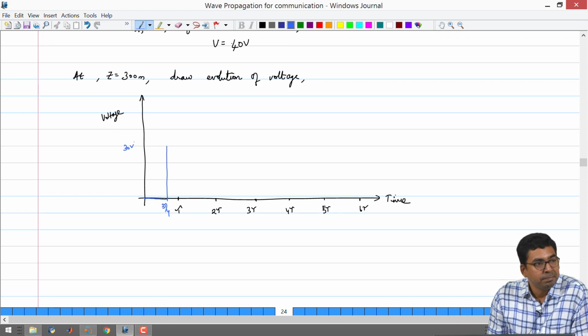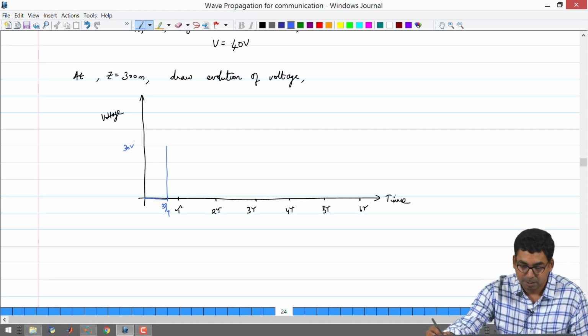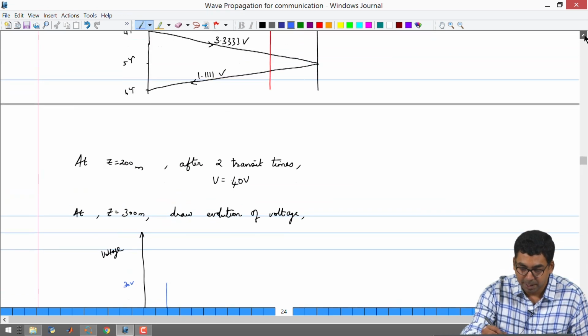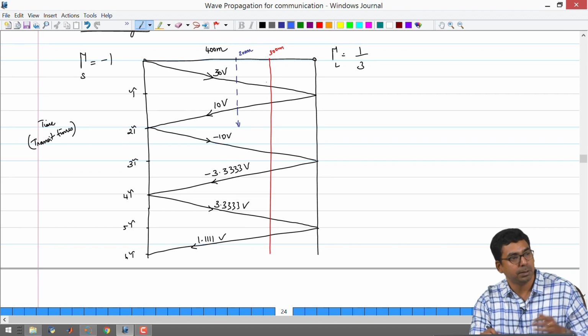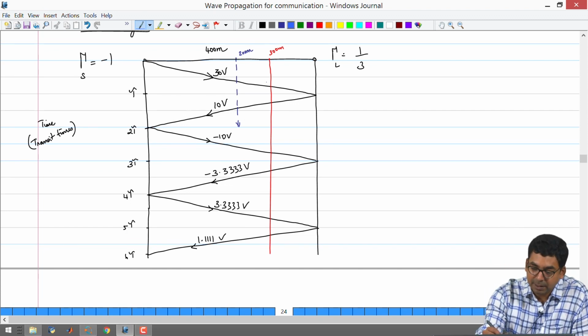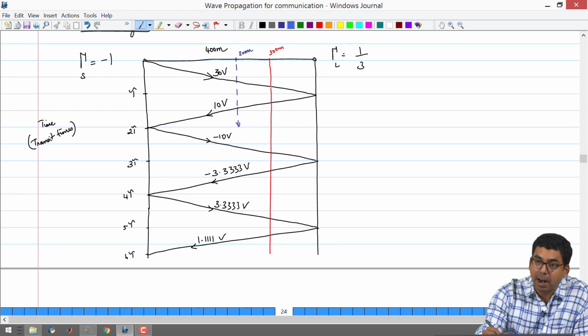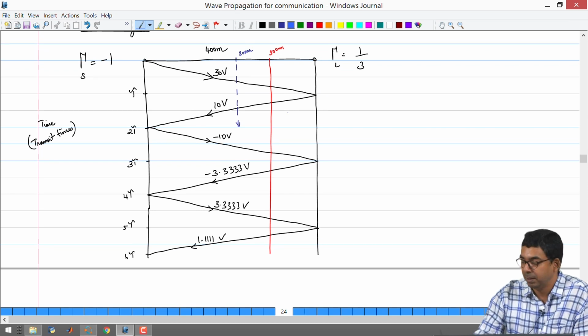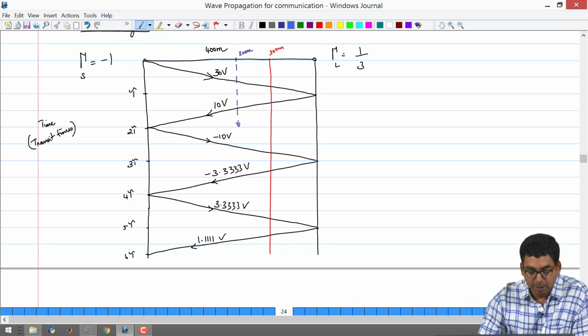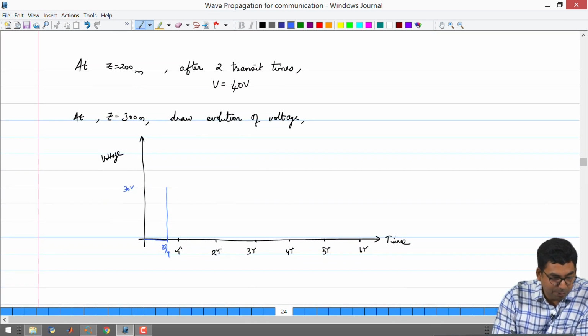Okay. And after that, if you look at the bounce diagram, it remains at 30 volts, because the source is continuously supplying 30 volts, right? It remains at 30 volts, and then after some time 10 volts get added to it. So that means you have to calculate the time that it took to go here and then come back, all right, and then you will have to add 10 volts at that place. So this is 100 meters, this is another 100 meters, 200 meters, that is half the transit time. Okay. So, you can go ahead 3 tau by 4 and half the transit time.